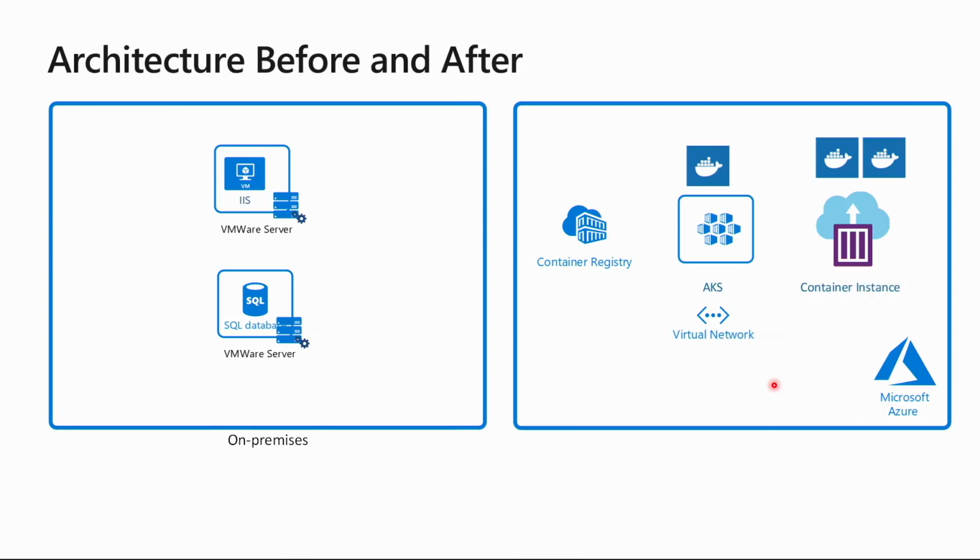So to illustrate that we have essentially broken this image into multiple container images, we took the web portion of the application, converted it into a container image. We took the Windows service portion of the code, converted that into a container image. All of those container images could be stored in any kind of container registry. I just happened to put it in Docker Hub. That's where I'm going to be picking it up from.